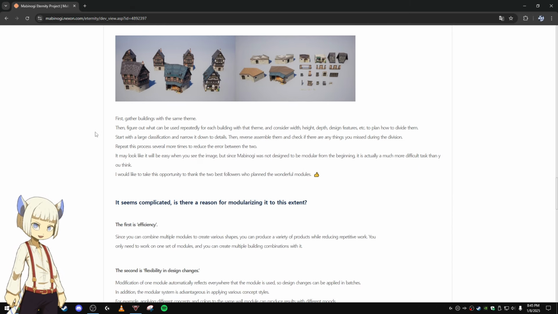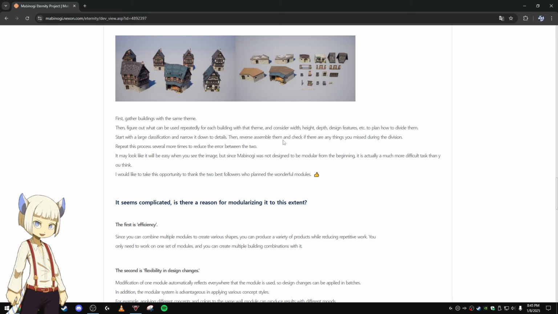So first gather buildings with the same theme, then figure out what can be used repeatedly for each building with that theme, and consider width, height, depth, design, features, etc. to plan how to divide them. Then start with a large classification and narrow it down to details.